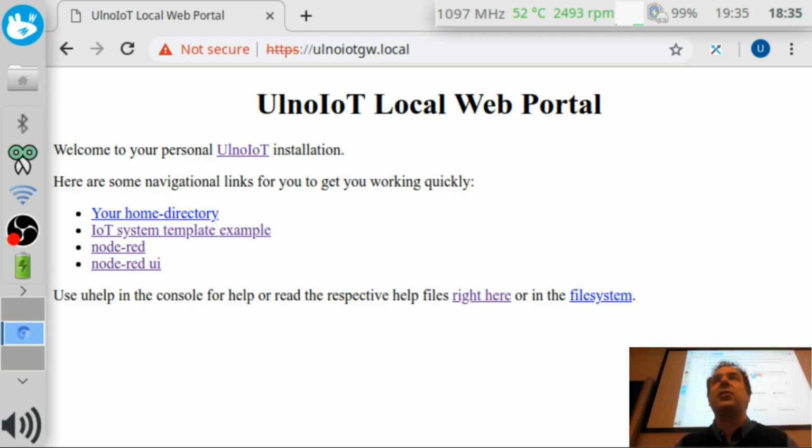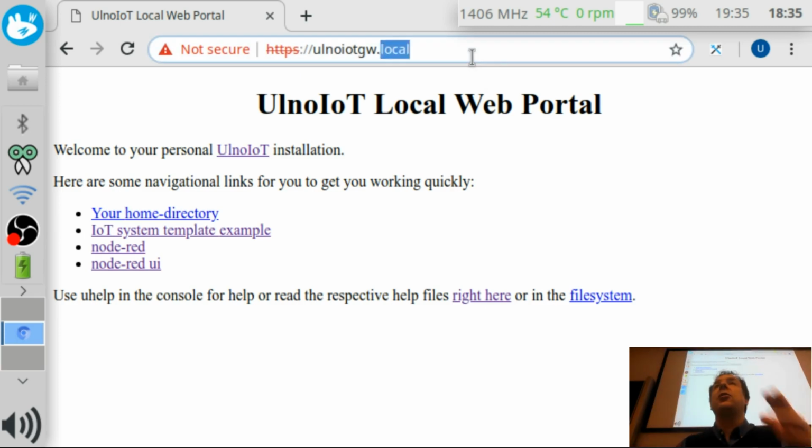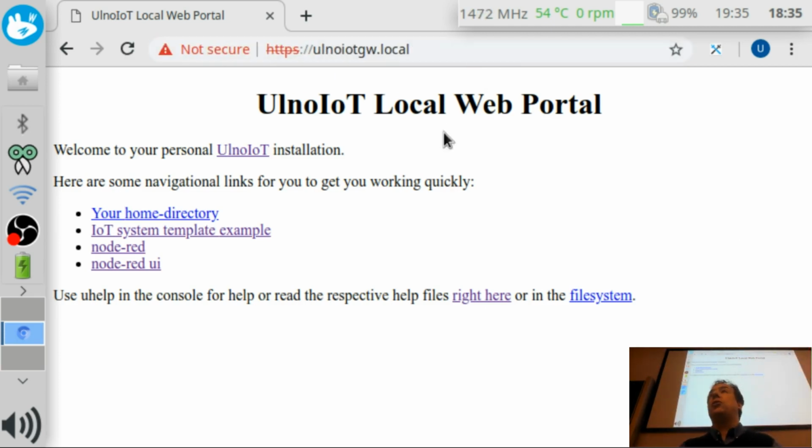So you have all discovered that if you go onto the ulno.IoT gateway, you have this web page where some things are installed, and there's Node-RED pre-installed. I encourage you to eventually also install Node-RED on your local computer because you can hook up 2 Node-REDs with each other, and it's really easy to build these MQTT simulators in Node-RED later. But now I will just give you the basic primer, and we use the Node-RED which is pre-installed in the Pi. And you just click on Node-RED,